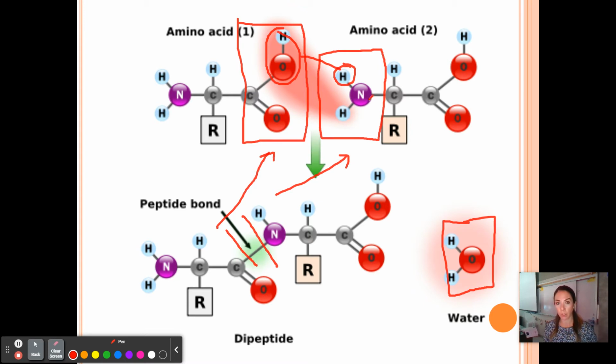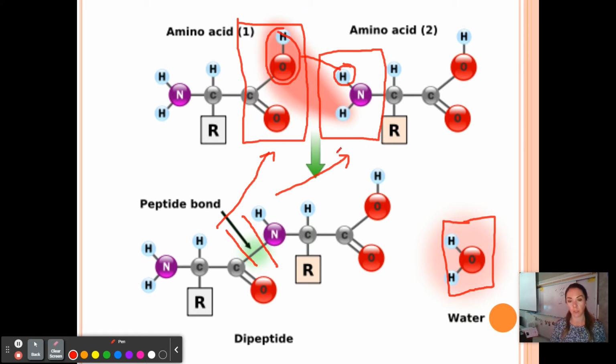Okay, so we'll do some practice with that in your book. You will need to know how to draw this. Oh, I just said simple. This reaction and this process. And we'll do more practice with, like, if I'm given an amino acid, right? I've got these two amino acids. Remember that the basic structure are these amines and the carboxyl. The R is what makes them different, right? R is that